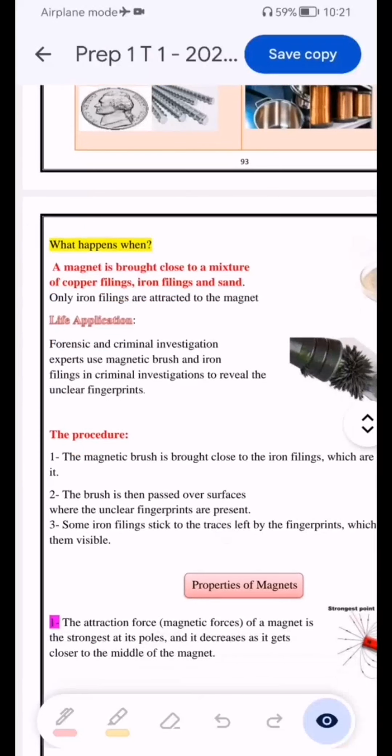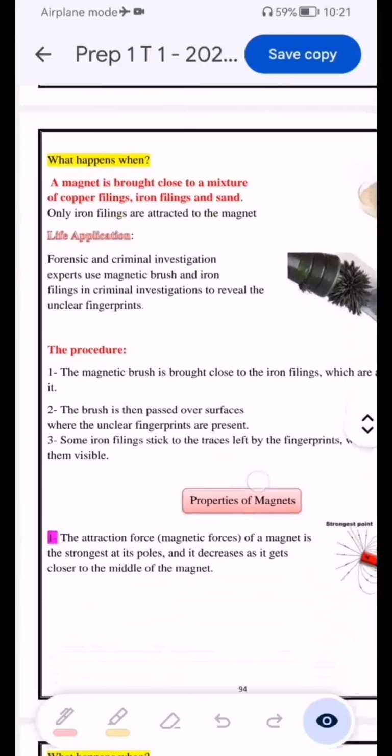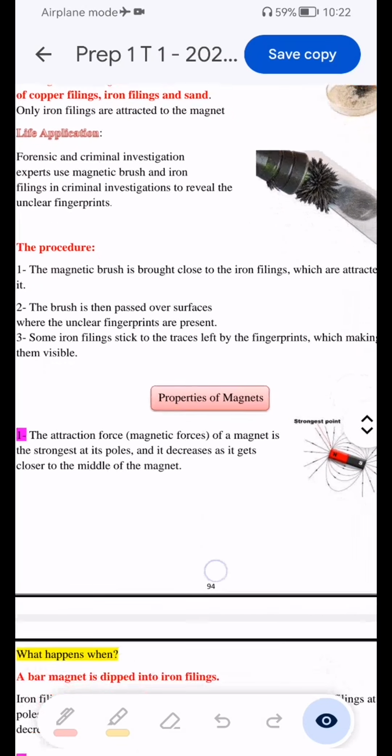Life application. We use the magnet in criminal investigation, okay? We use it in criminal investigation to see unclear fingerprints, okay? There's a crime, we use iron filings and a magnetic brush to see unclear fingerprints on the surface, okay? The steps,